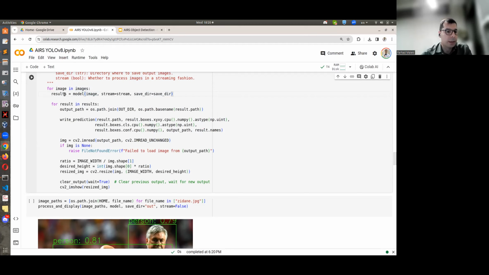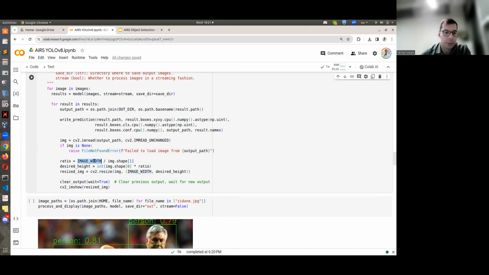When I have this, I get the results back. For each result, I create the output. I call this writing. When I write the file, because I want to keep track of a copy of it, I read that prediction made, and I resize it to a specific size.